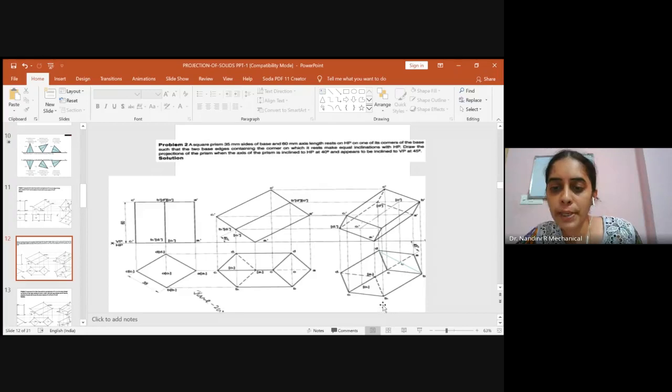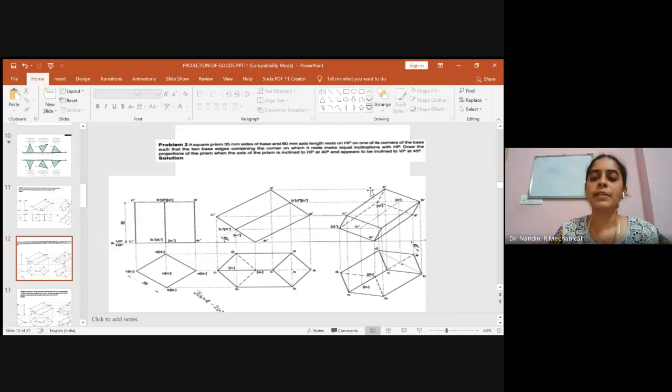And the last part is B. The projection of B, where it is coming. This is the projection of B. So this is B dash. From B1 dash you have B dash, and from B1 dash you have C1 dash. Both are coming on the outer boundary of the solid, which has to be visible. So you cannot show the hidden line. So the only option for a hidden line is through the projection of D1 dash, because here it is passing through inside the given solid object. So these will be hidden. The outer boundary will be a continuous line and the outer sides or the edges also will be visible. So this is how you have to construct the final stage.